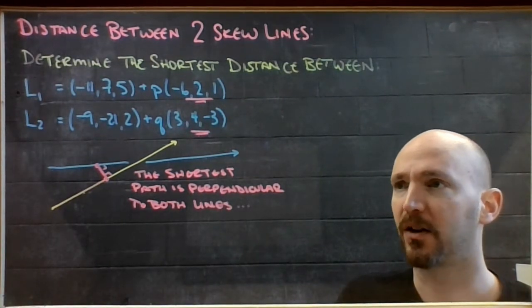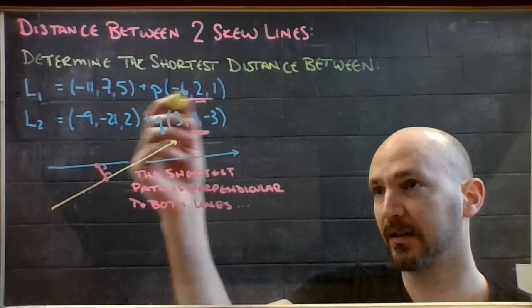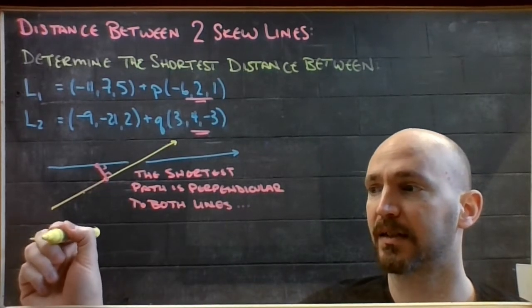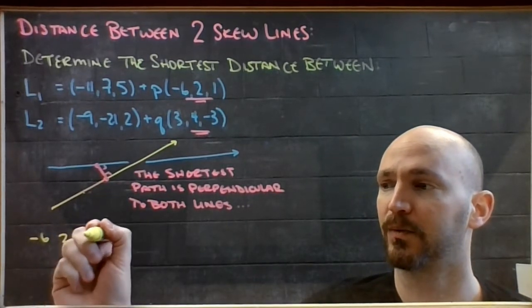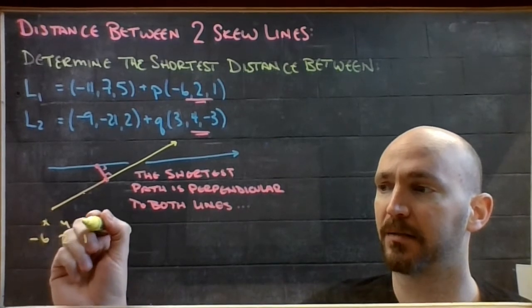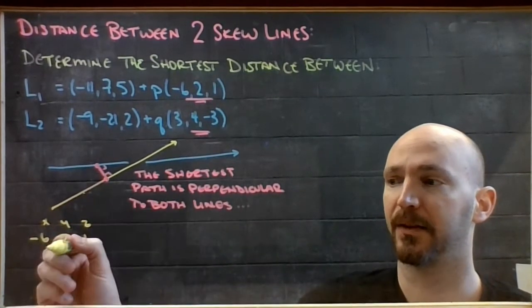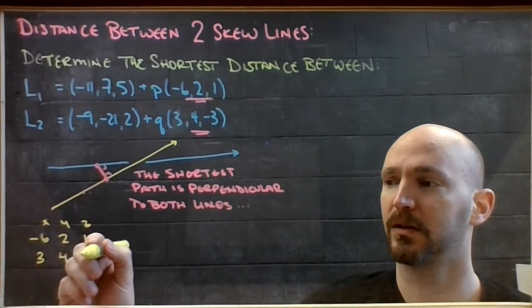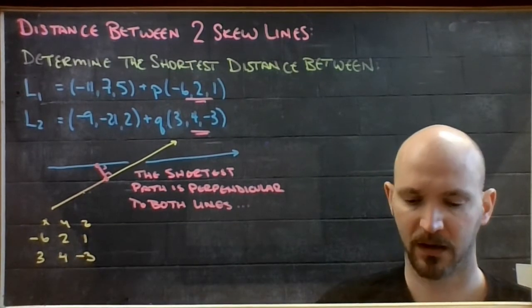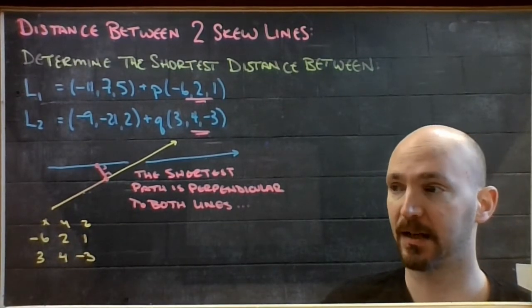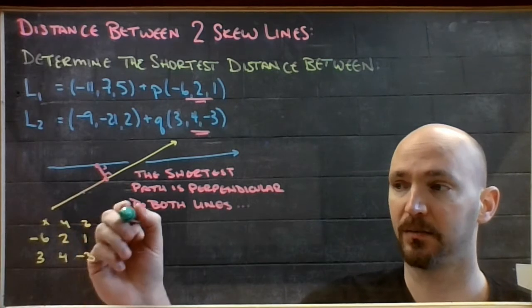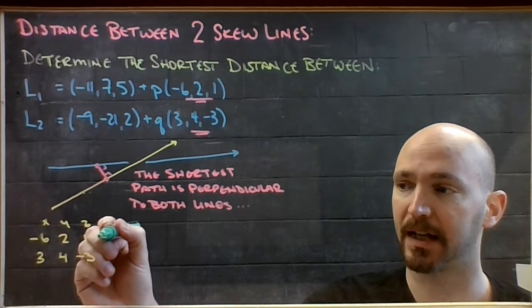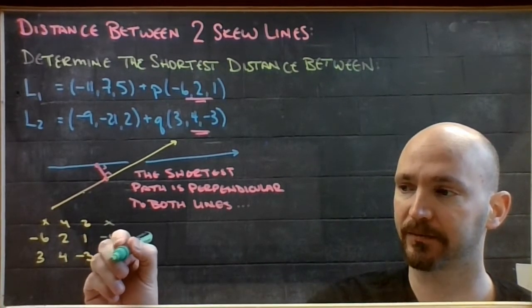So to do my cross product, I will take this first one, -6, 2, 1, those are my x, my y, my z, and then 3, 4, -3. And just like in the last example, I'm going to take this x column and duplicate it at the back just for convenience,